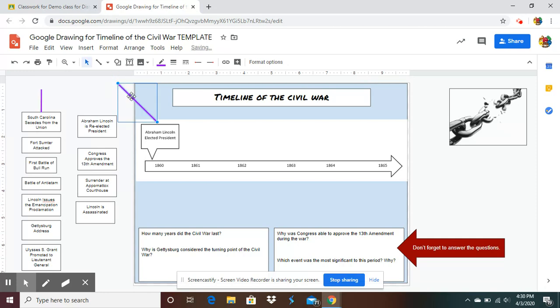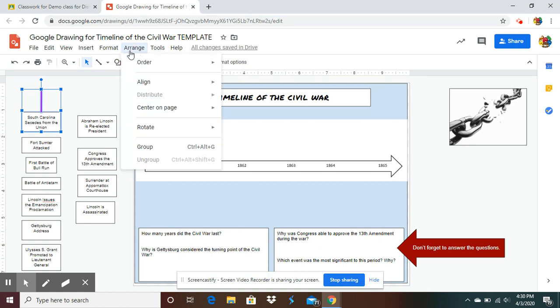Okay, now since we have this particular line already attached to it, I want to make this as 1. So what I'm going to do is click and drag and make a box over that information and then let go. Now I want to go to arrange, and down here it says group. I want to put these two together, so anytime one moves, the other one moves as well. So click on group,